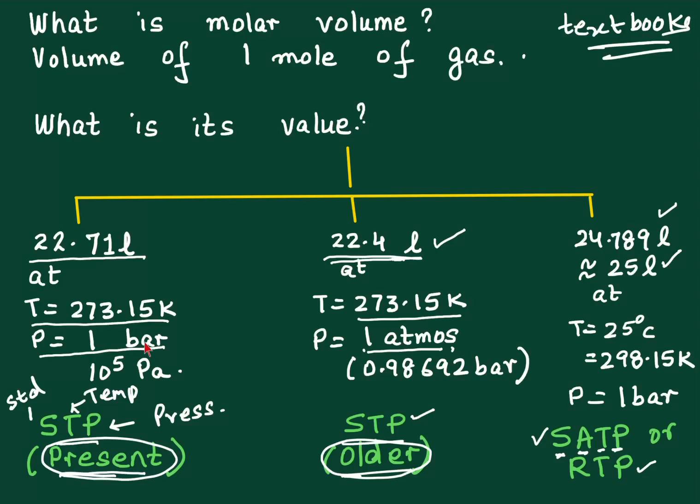So if you have the pressure as 1 bar, see the difference between 1 bar and 1 atmosphere. 1 atmosphere is approximately 1 bar, but not exactly. It's 0.98692 bar. Very small difference. That is why you notice there is a difference in the first decimal place, right? Now, so you see your curriculum, what value is being applied for your curriculum. Have you noted these down? Do I go on to the next slide?